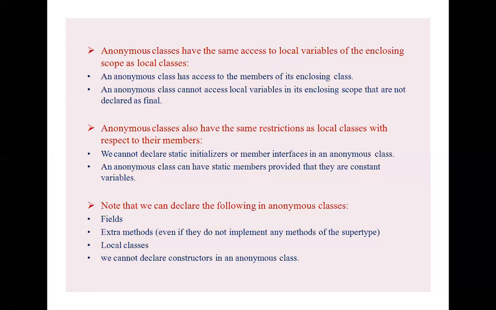Anonymous classes also have the same restrictions as local classes with respect to their members. We cannot declare static initializers or member interfaces in an anonymous class. Note that we can declare the following in anonymous classes: fields, extra methods, local classes. We cannot declare a constructor in an